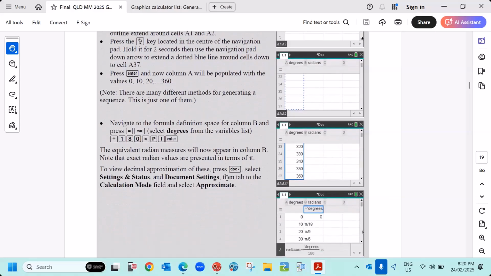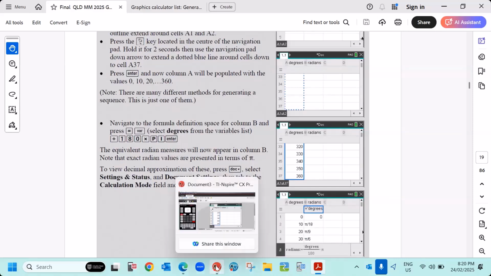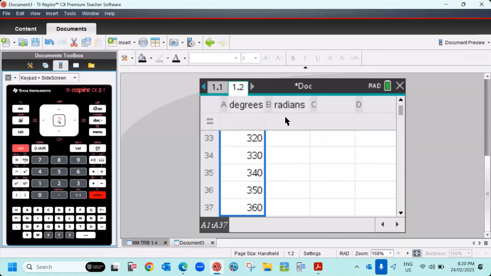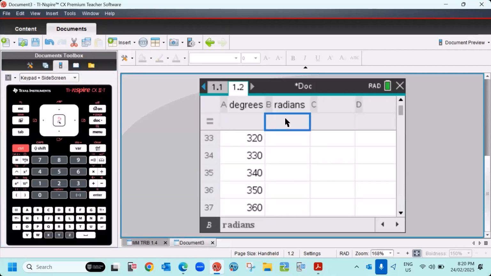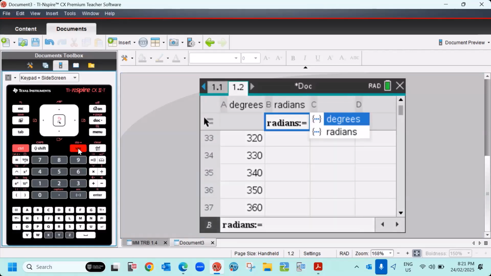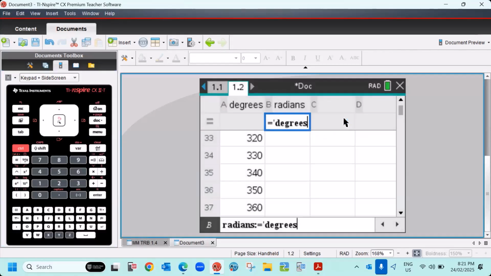So now we want to set up our conversion. So through the notes back into this. Into the radians, I'm going to define in the formula, see the equals bit here. If I click, this is the formula definition for column B. It's just underneath the label, and I commence with equals. So it's going to say radians is being defined as the degrees multiplied by pi over 180, isn't it? The degrees is a variable already defined. So I click the var tab and then degrees,